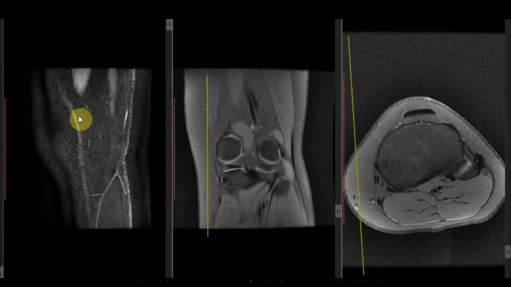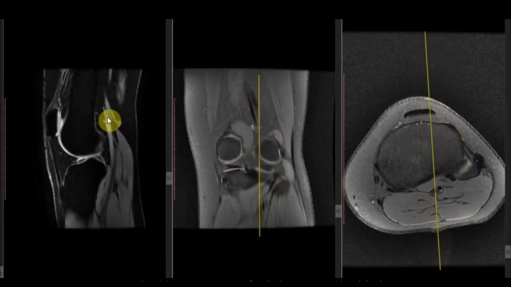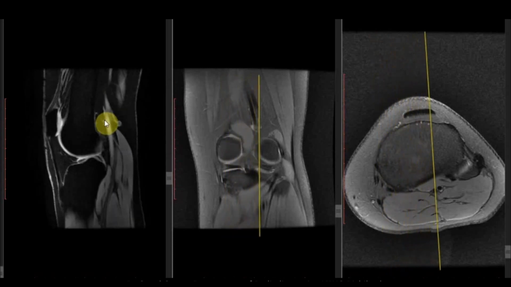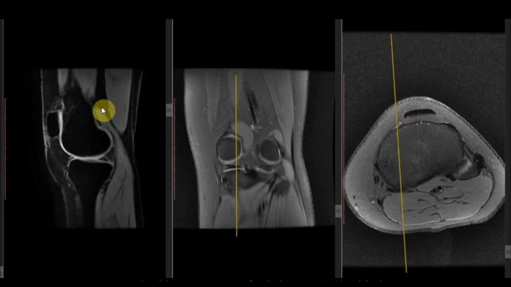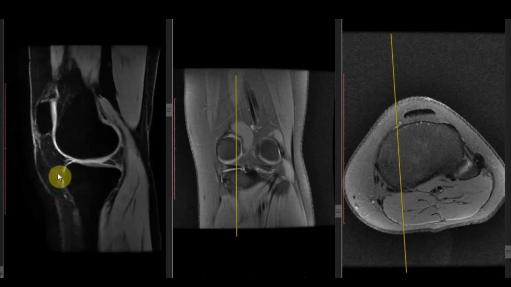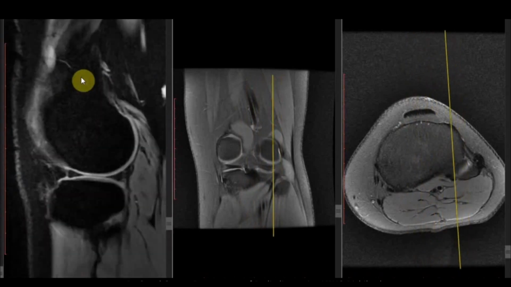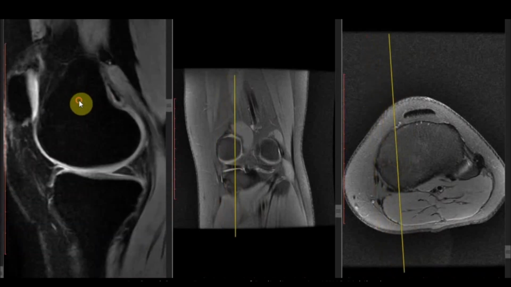Then it is good to have a 3D GRE sequence because it can be reconstructed in multiple planes, and it is also very sensitive for the presence of hemosiderin contents within the joint and hemosiderin synovial lining that is seen in diffuse PVNS. It is less sensitive than proton density sequence for early cartilaginous lesion because cartilage is very hyperintense on this sequence, and so it is difficult to make the diagnosis of early cartilaginous lesions on this sequence.